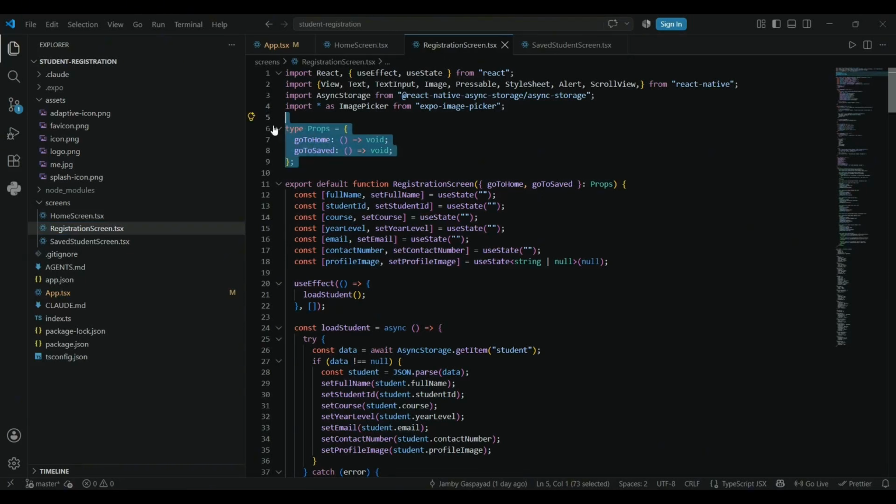It allows the registration screen to navigate back to home or go to the save student screen.